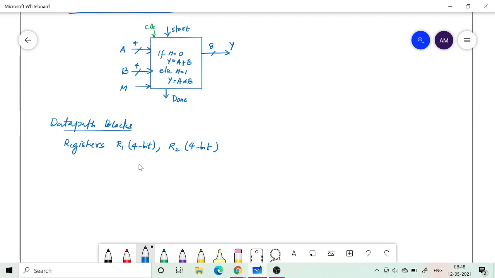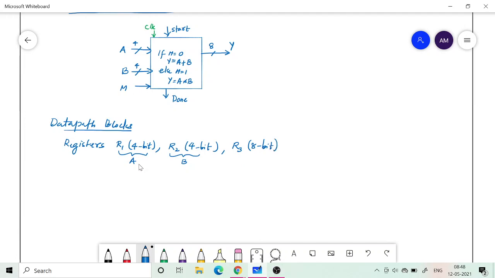This is to keep the A input, and this is to keep the B input, and then the result that we get is an 8-bit output. If you want to keep it in a different register, then you require, say, R3, which is 8-bit.